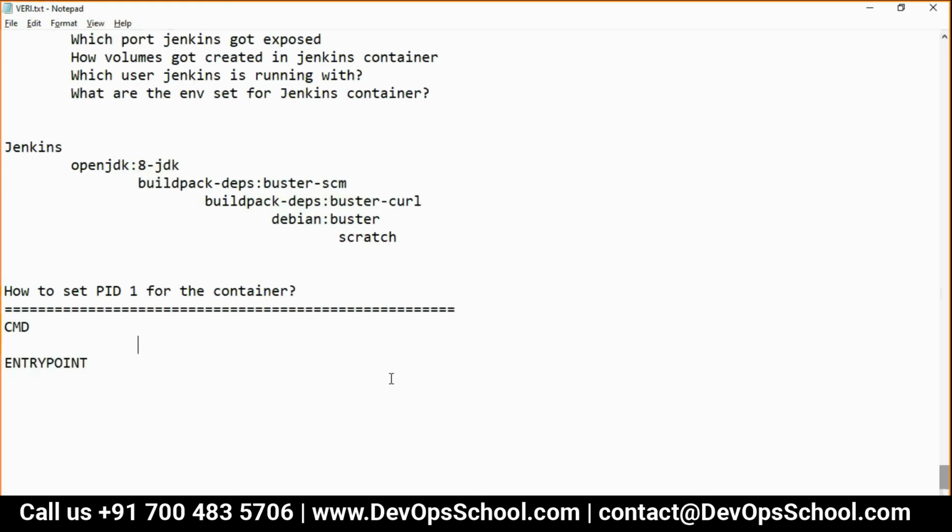So you must be wondering, okay, fine, but which one should I use? When should I use it? One thing is clear, guys. You have to use CMD or ENTRYPOINT at any layer, for sure.